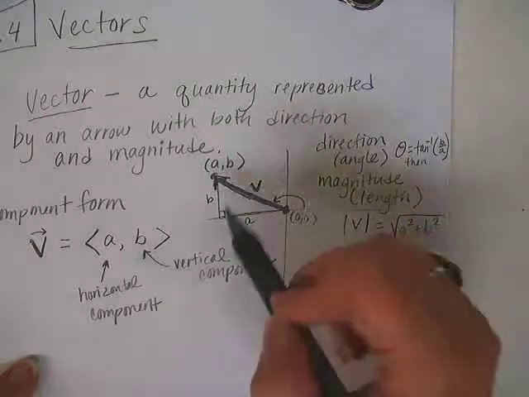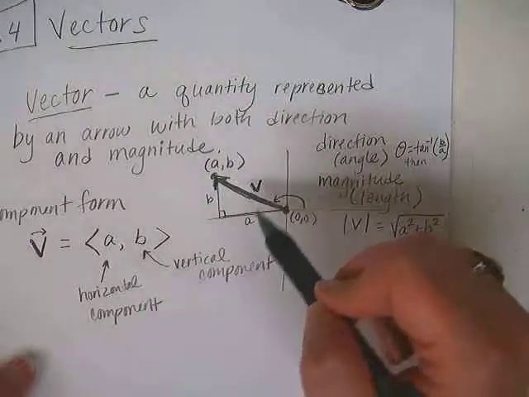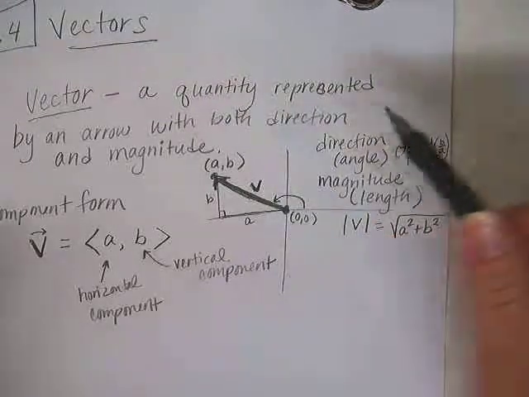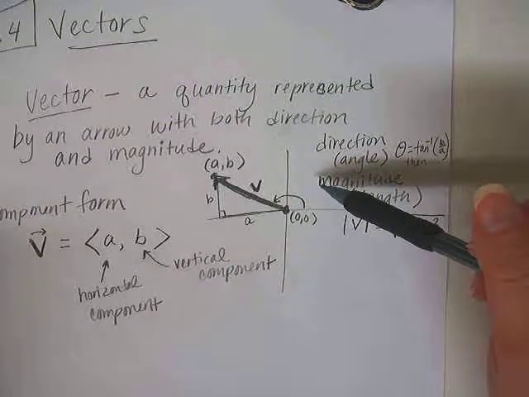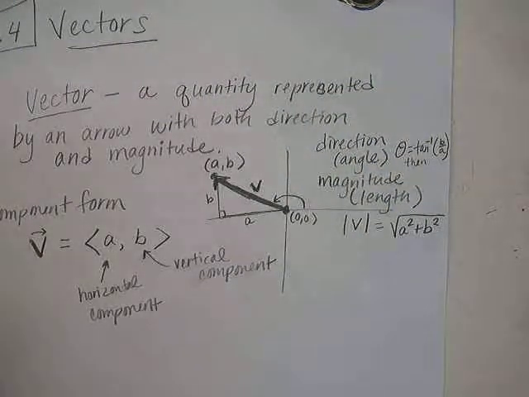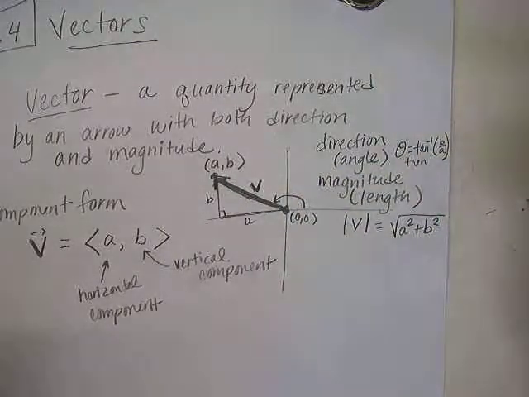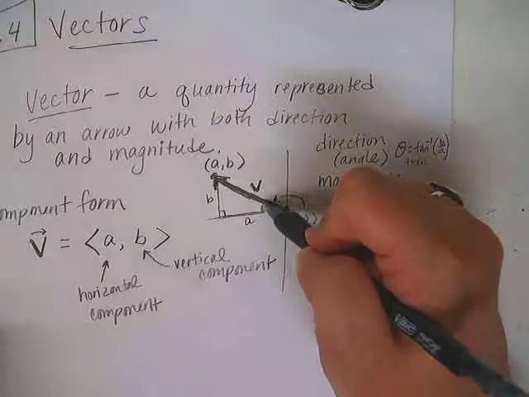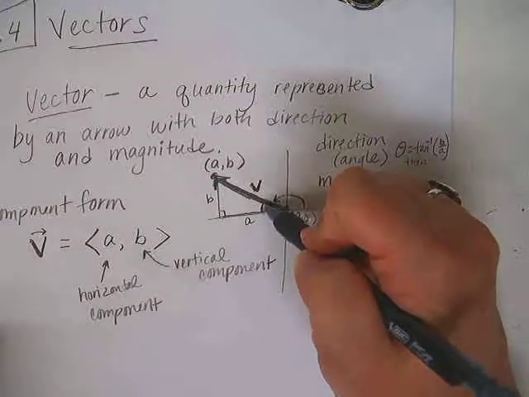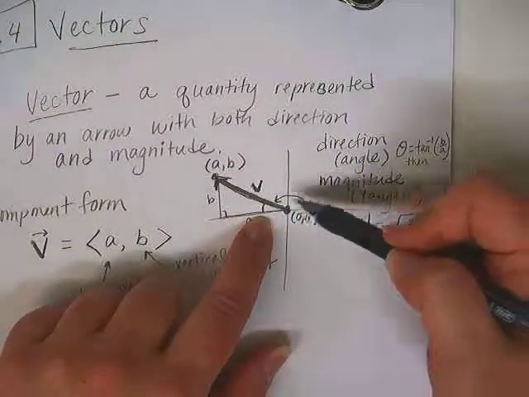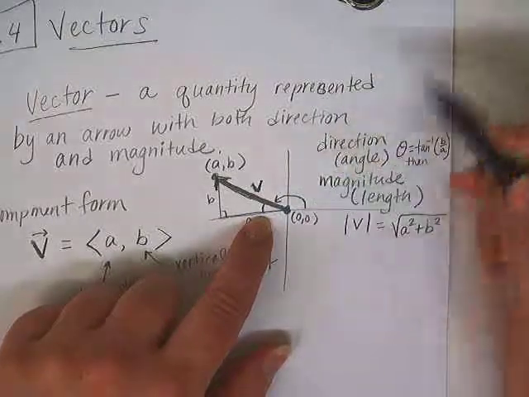I should have written these somewhere else where I had more room. Oh, and then you have to add, you have minus if you want. It depends on which quadrant it's in. For this particular vector, it would be subtract from 180. For a vector in the first quadrant, that would be the answer. You'd be done. For a vector in third or fourth quadrant, there's different rules for taking the